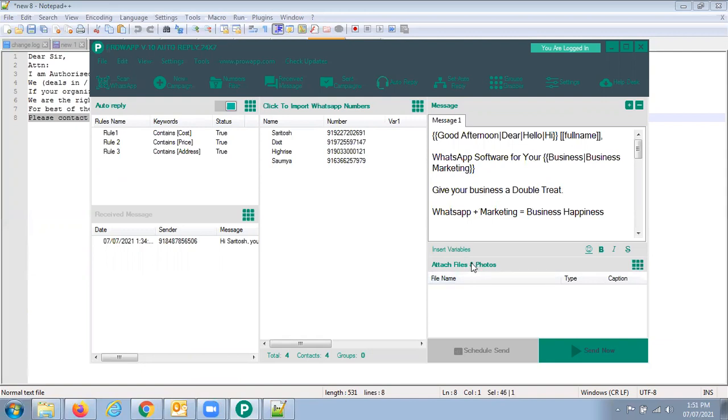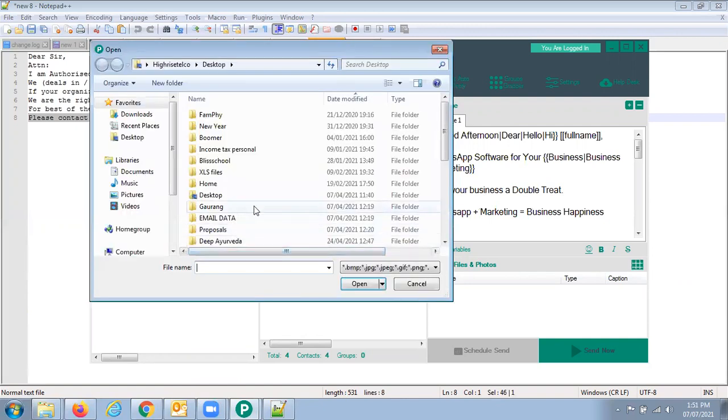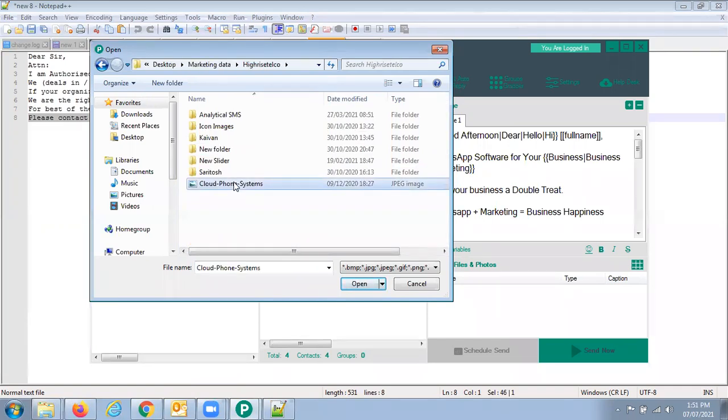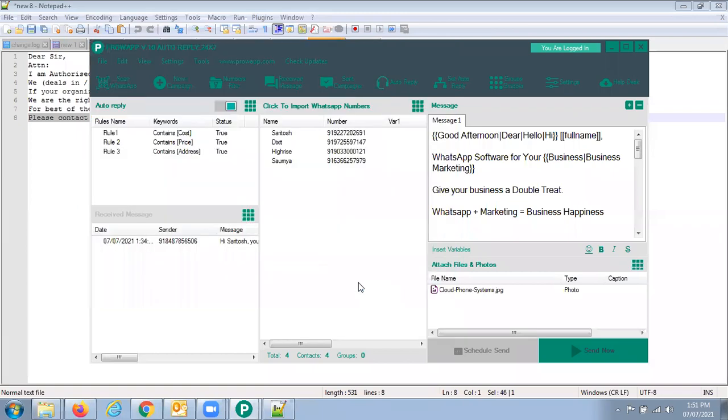Now I also want to send some images, some photos. So we can add photos from here. Suppose I use this image. So the image is here. In some scenarios, you also get images with text mentioned below, which is known as a caption. You can also do this here.